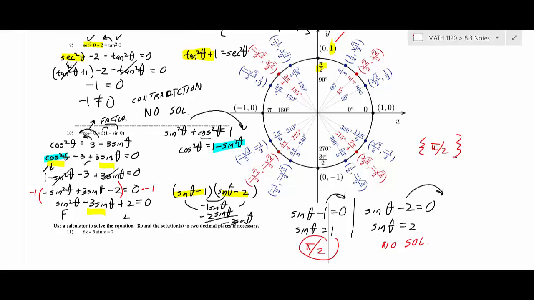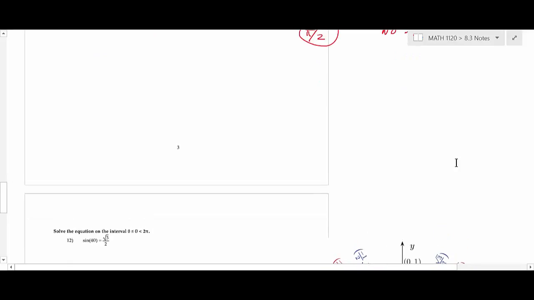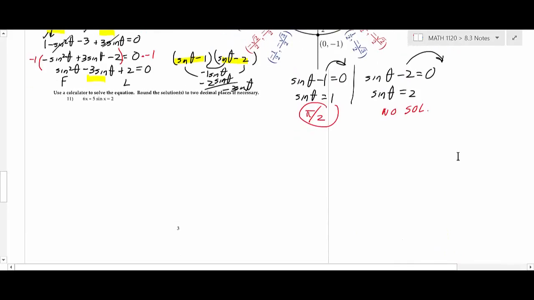Okay, so it makes sense why I did an identity. Because if you can't factor something and you have different trig functions in there, try to get it down to one trig function because your goal is to factor. It has to be that way, okay? All right, let's look at one other factoring situation,